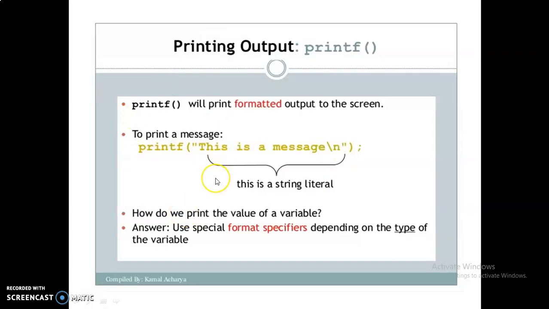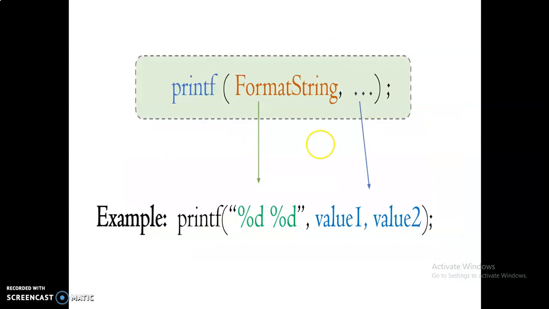So this is the syntax of the printf statement. Printf, within the double quotes you have to give string literals that will be displayed on the screen. If you want to display the value of the variables, you have to mention the format specifier. Okay. So this is the general format of the printf function. Printf format string, comma, and then you give the values of a number of variables here. So you have to mention this format specifier to display the value of the variable.